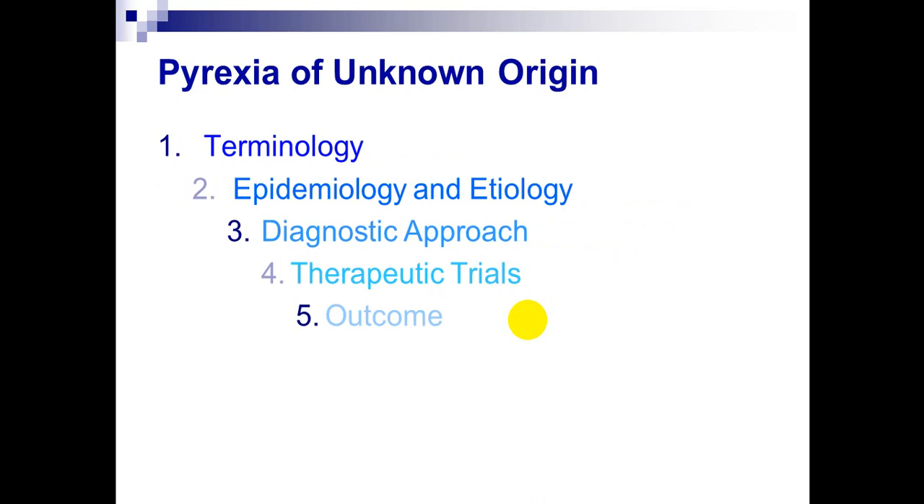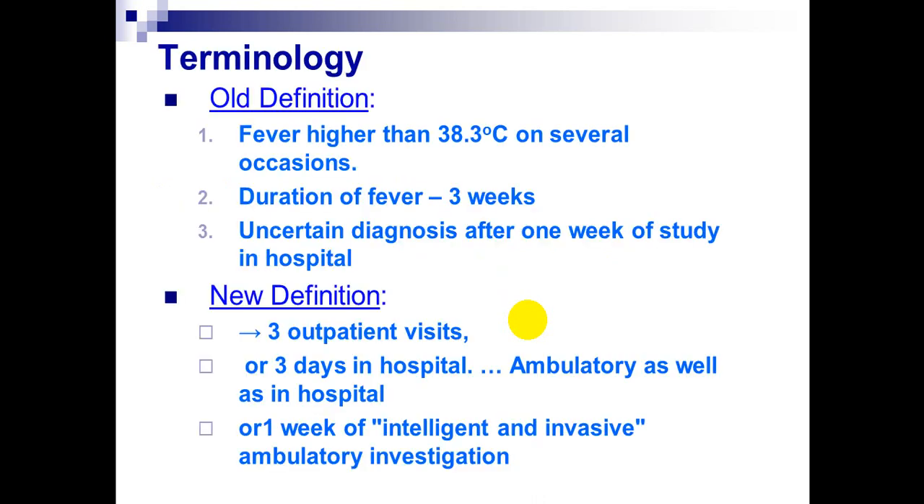Terminology, epidemiology, diagnostic, therapeutic, and the outcome. What about terminology? Fever more than 38.3 on several occasions, duration more than 3 weeks, uncertain diagnosis, new definition, 3